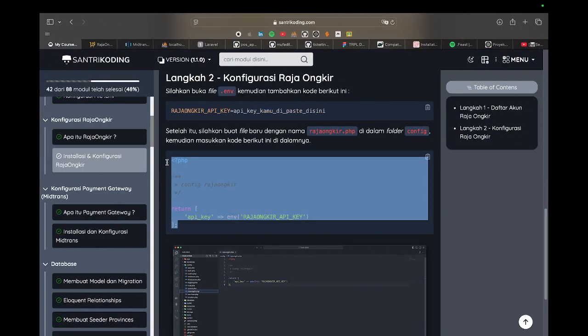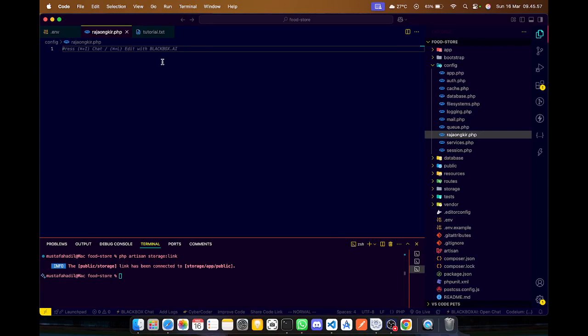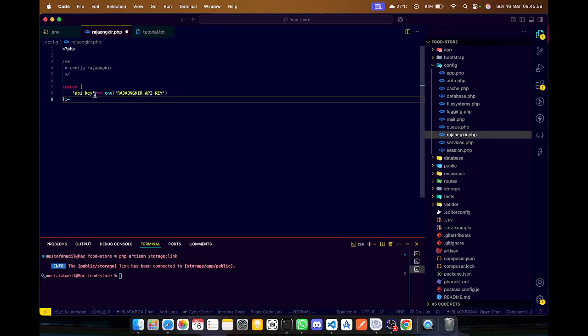This code calls the API key from the env file, where we stored the Raja Ongkir API key. That means this is the API key that you get from Raja Ongkir.